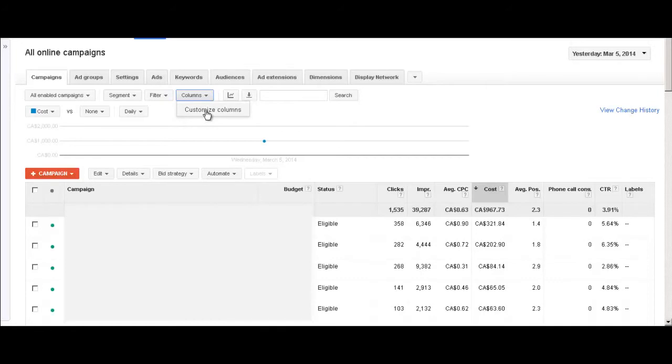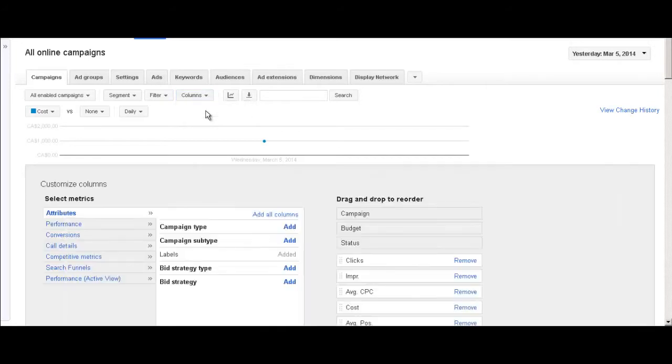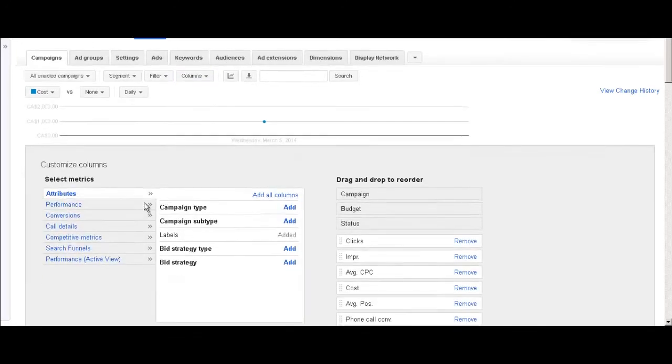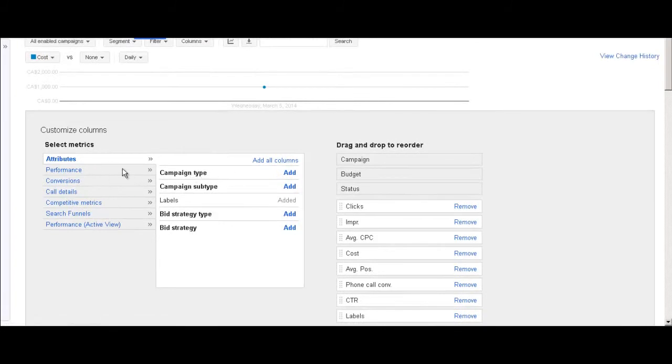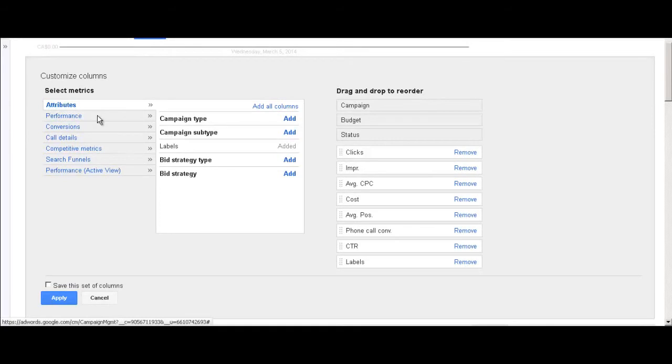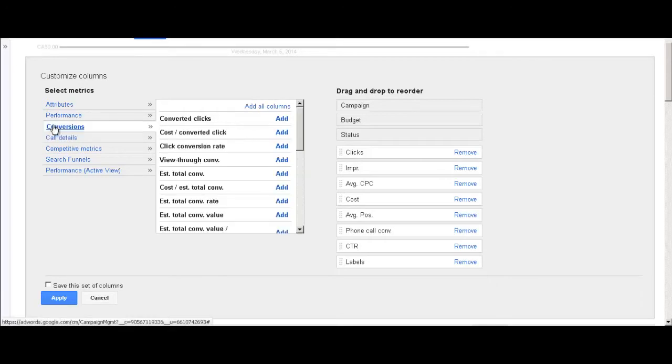So in order to add that, we simply go over here to our columns section and hit customize columns. Within this section, you can add tons of performance metrics and details that allow you to better analyze the data of your pay-per-call within the AdWords platform. So what we want is call details, and actually that's not the one we want. We want,